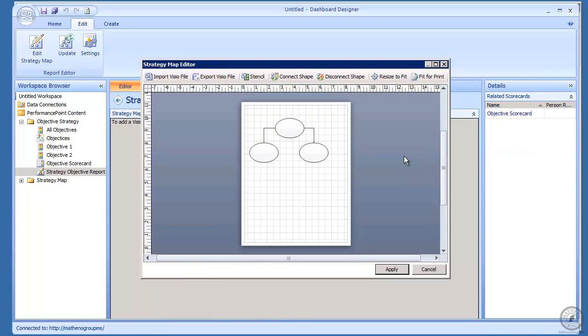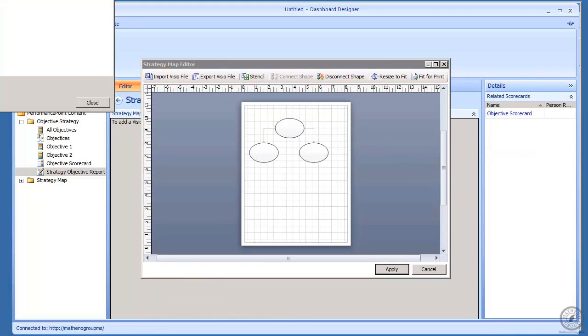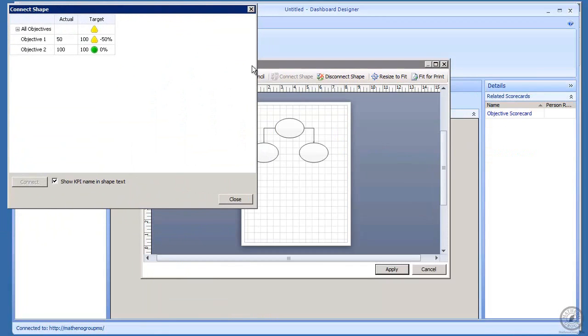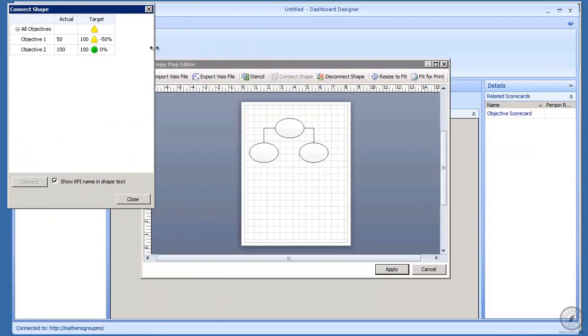All right, now what I'm going to do is connect it. So when I go into this connect shape, I know you can't see that. Let me pull down here. You see what pops up is my scorecard, and I'm going to take all objectives here and just drag it down here. If I click on that and then click on all objectives, it should map. Now if I come down here and take objective 1,